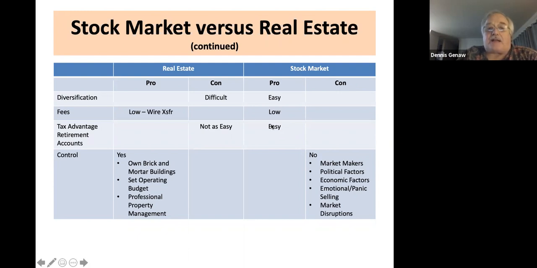So let's just say the stock market has a better advantage on tax advantage retirement accounts than real estate does. Now, control, here's the big thing. If you're going to compare real estate versus the stock market, you have ownership in a brick and mortar building. The general partnership sets an operating budget, and they manage a professional third-party property management company to execute to that budget and operational plan. On the stock market side, you have no control over what the company underneath that stock